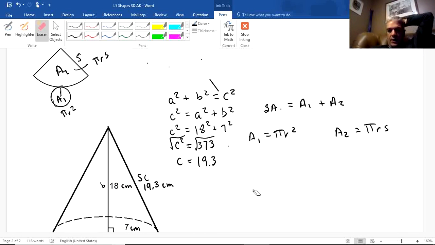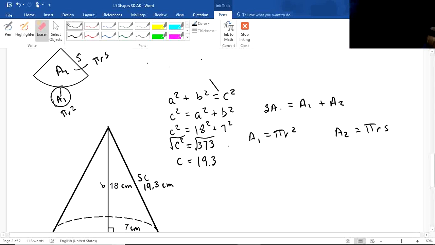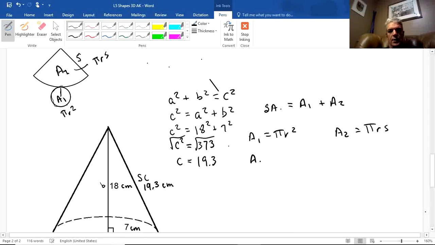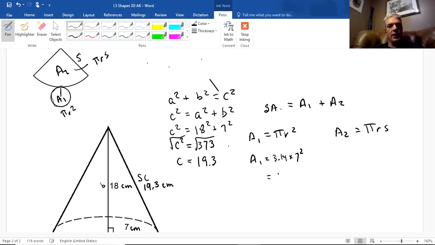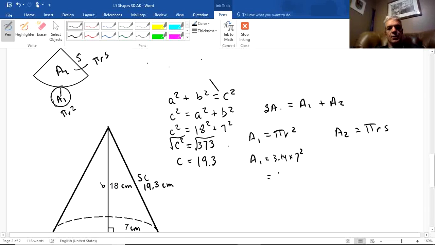Those composite figures that we were looking at earlier. Okay? So area 1, I'm going to do equals pi, 3.14, times 7 squared. And we can do that math quite easily using your calculator. 7 times 7 is 49, right? Times 3.14. And you don't have to put a special number in. If you want to use the pi feature in your calculator, you can, okay? And this comes out to